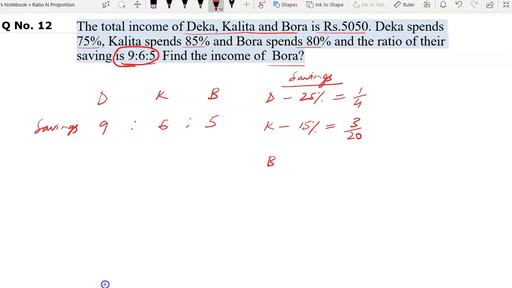Bora spends 80%, so his saving will be 20%. 100 minus 80, 20. So 20% in fraction we know it's 1/5. Now